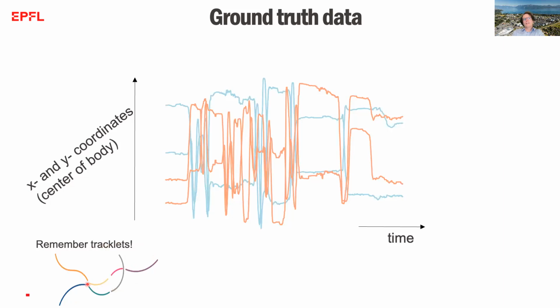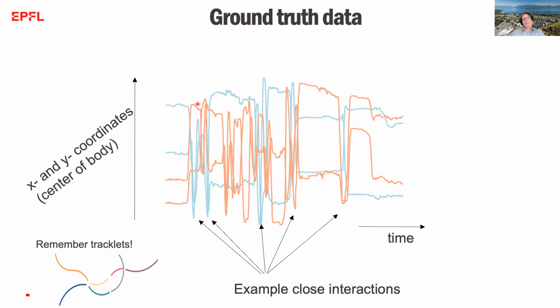Then there are naturally points where these two marmosets in XY get close together, like here and here in this case, or in this actual case, there would be these 5 moments where the marmosets get very close. And if you now perform ID-based temporal local tracking, what you would do is take those time points where they get really close at the time of the tracklet, and compare if the identity of the marmoset here is more similar to the identity embedding of the marmoset here,